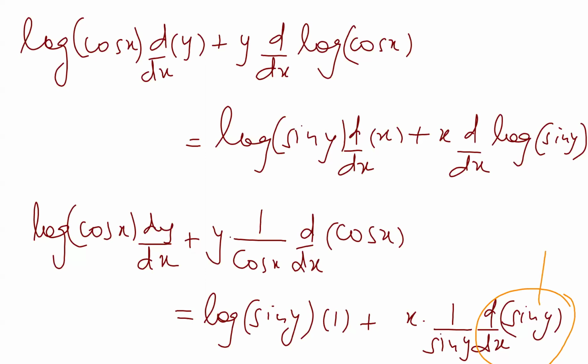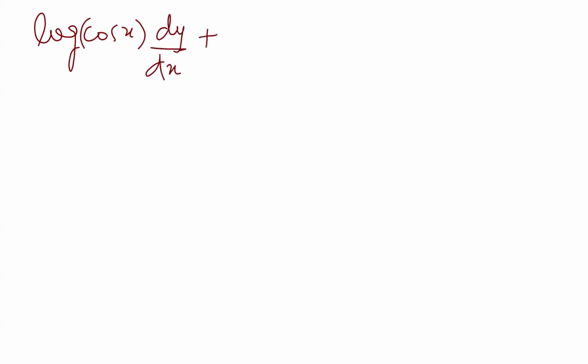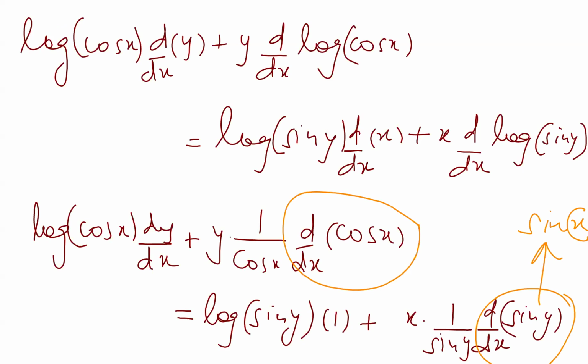So we are comparing this with sin x. If you compare this with sin x, who is x? x is y and hence dy/dx of y. Perfect. And at the same time, this d/dx of cos x will be written as minus sin x. Other terms are simplified. So log cos x dy/dx plus y, 1 upon cos x into minus sin x